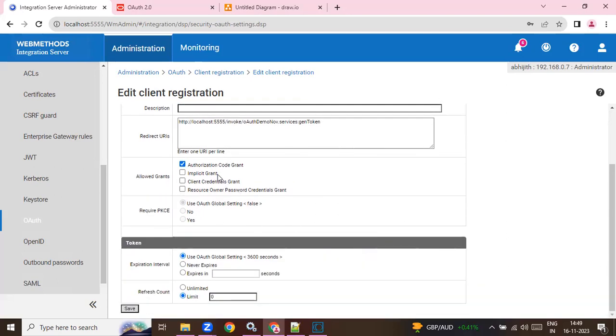And these are all the different grant credential types, which you can go through the documentation and understand what exactly it does. In this, I'll show you the authorization code grant and click on it. You can set your expiration interval also, like whether you want the token to never expire, or you want it to expire in some seconds, or the global setting is less than 1 hour. So I'll use this